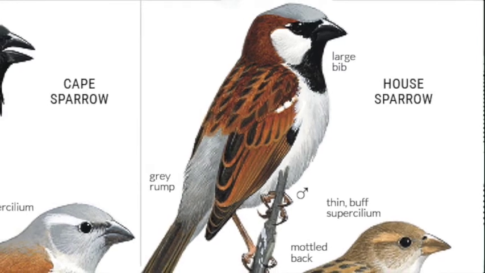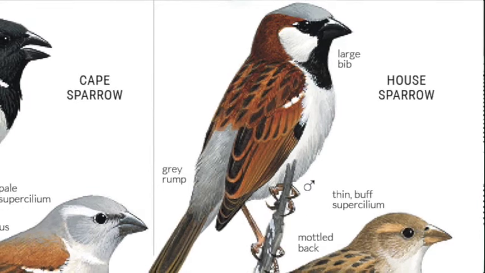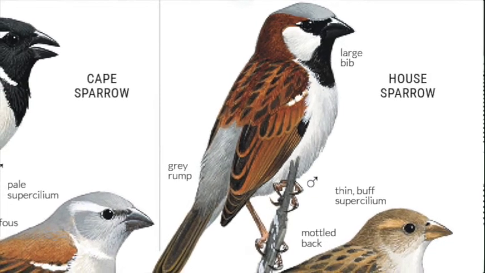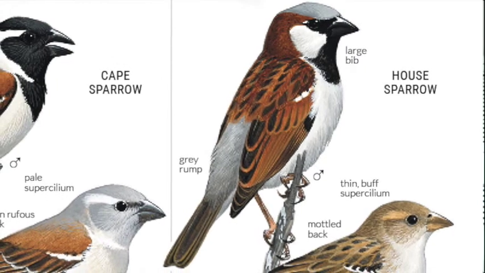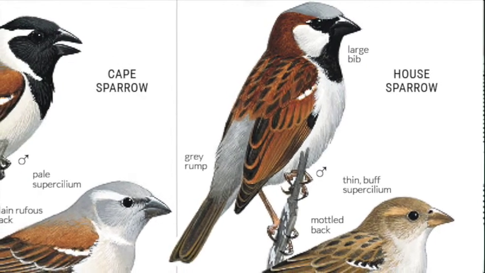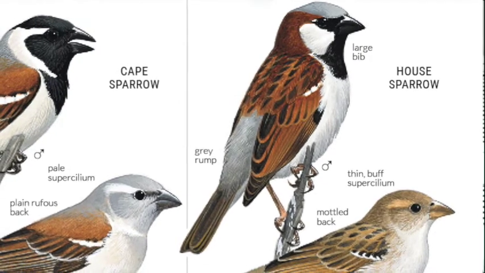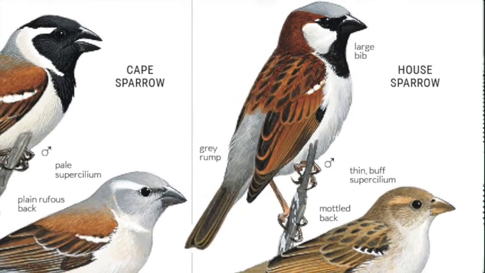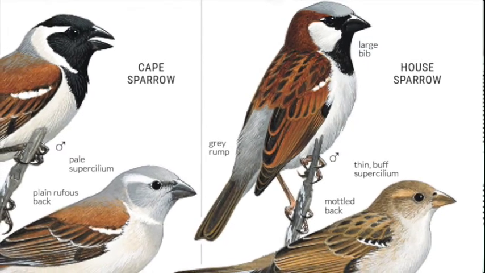The only other similar sparrow is a great sparrow, which is slightly larger, has a smaller black bib, is more in rural areas than urban areas, and doesn't have a grey rump. Yeah, and they've been extremely successful. Your other widespread sparrow is Cape sparrow, which also comes into the gardens, especially in Gauteng, and is very successful in arid areas as well.